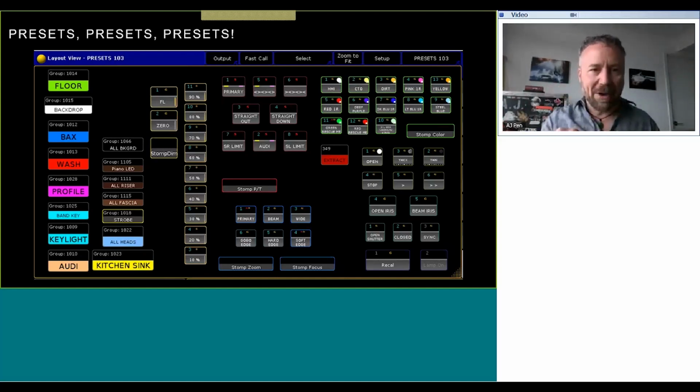This layout contains pretty much all of the presets I need to program myself through a song. There's a few extra presets that I might have to look at a different view to find, but how many gobos do you need? I have a thick one and a thin one. They're going to be different when I'm going to different fixtures all over the world. Unless I'm doing a lot of projections on a backdrop where I have different gobo looks, I'm either breaking up into thin beams or thick beams.